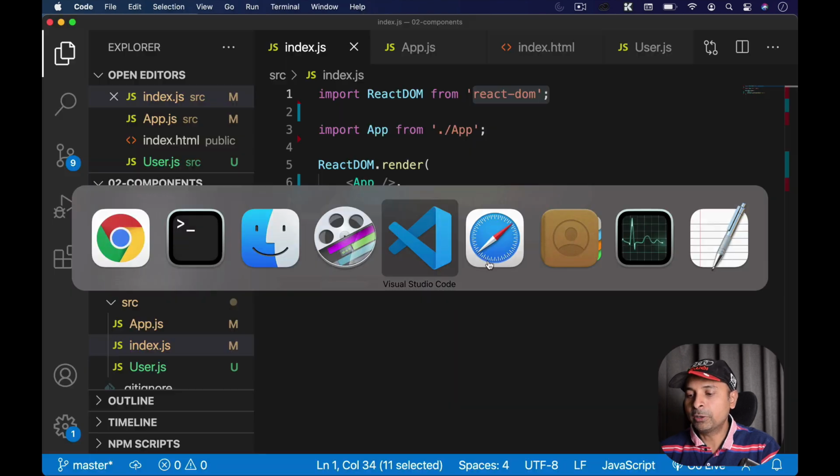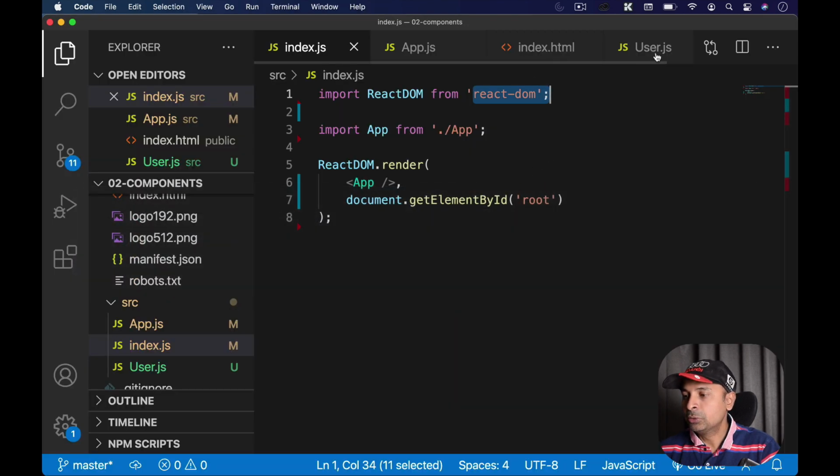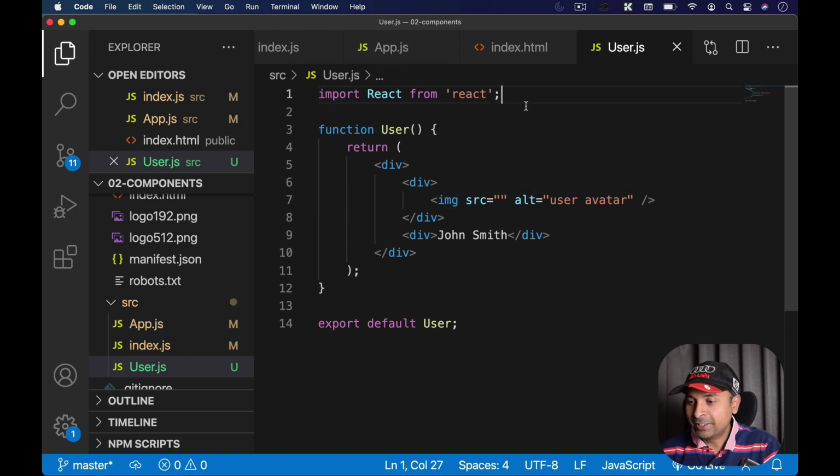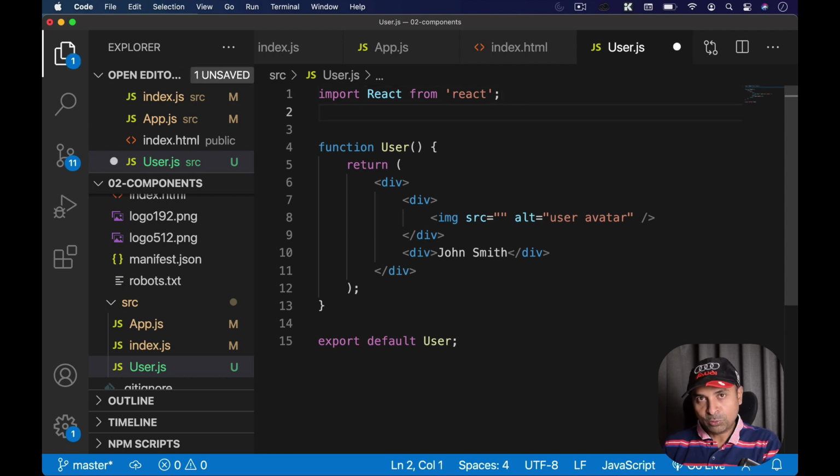I'm going to go back to my code editor and go to the user component because I want to replace this image source with a fake image. Again, I want to use Faker. Faker is written in a different JavaScript file, and I need to take that Faker code into my file. How can we take code from another JavaScript file into ours?